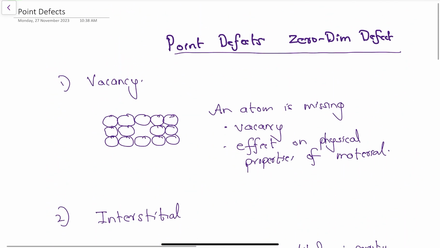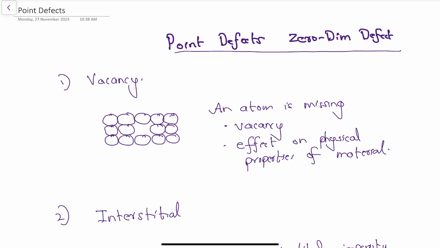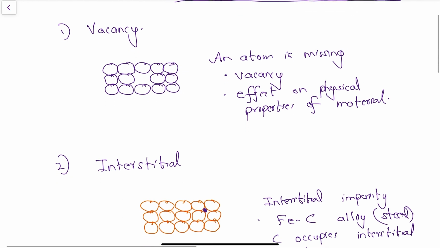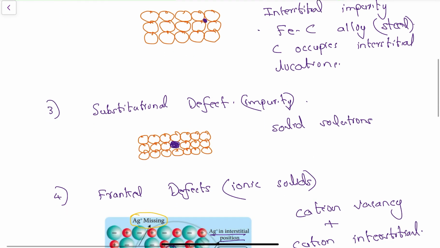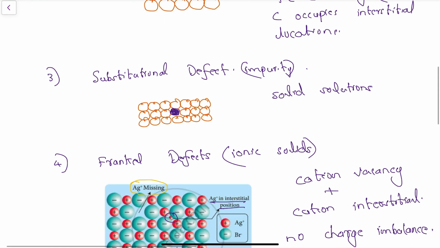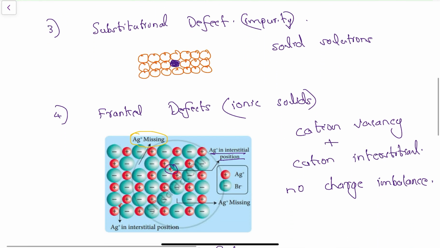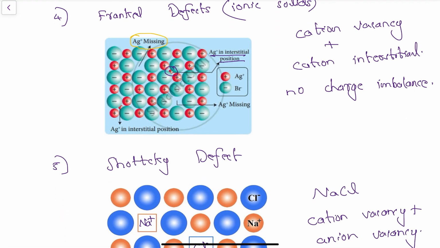So these are the various point defects, or we can call them zero-dimensional defects. The first one is the vacancy, where one atom is missing. Then you have the interstitial, where you can find a different atom in the interstitial position in the crystal. Then you have the substitutional defect, where an atom is replaced by another atom. Then you have the Frenkel defects and Schottky defects in ionic solids. So these are the various types of